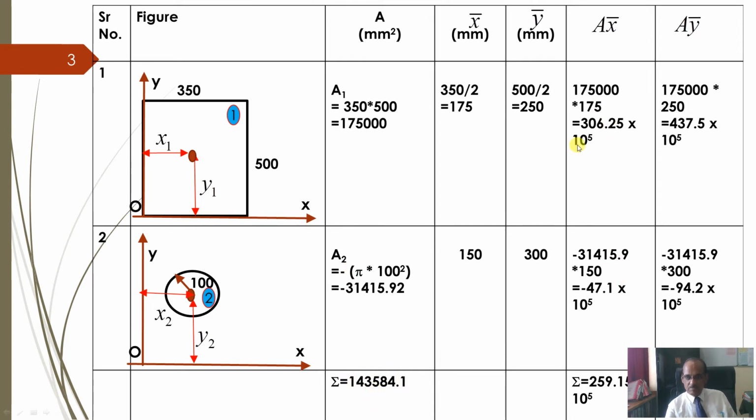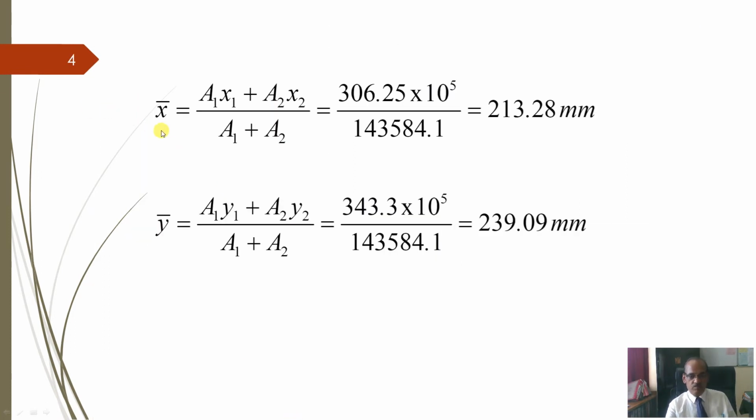Similarly, A1 x1 minus A2 x2, you will get this value. Similarly, A1 y1 minus A2 y2, you will get this value. And then finally, A1 x1 minus A2 x2 will be 306.25 into 10 raised to 5. Total area A1 minus A2 comes